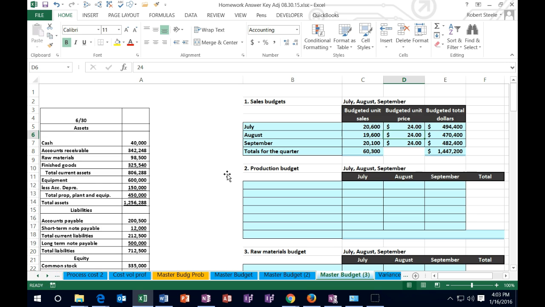All right, step 2 is to make the production budget. And you might be thinking, well, the production, how many units are we going to produce? That's what the production budget is going to tell us. And you might be thinking, well, we already figured that